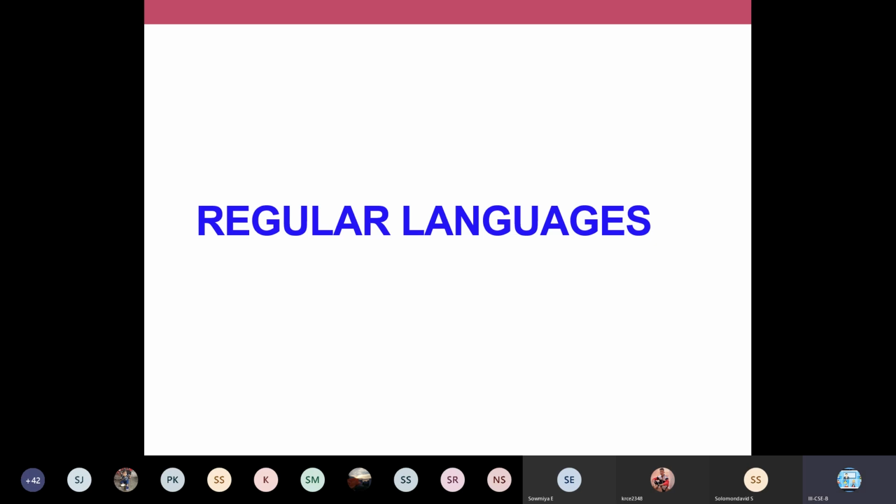So now I'm going to tell you about the concept called regular language. Write down the heading: regular language. Regular languages are those sets of languages for which you can construct an automata. That we can call a regular language. When you call something a language, a language is a set of all strings.